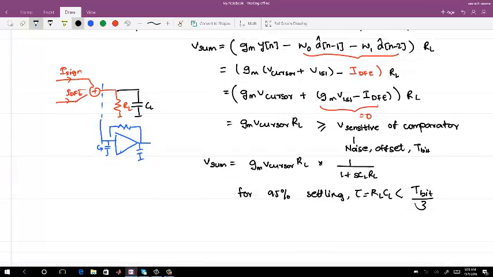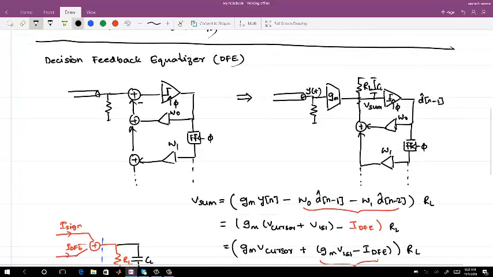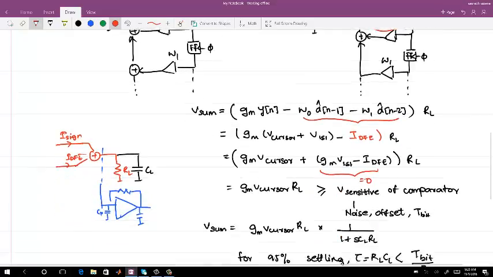So the settling, surely an RLC, is a problem in a high-speed decision feedback equalizer. Okay. Now, if we are talking of the settling, can you comment on the settling of this loop, where you clock it, it has to resolve the thing, and within the next bit period, it has to finally sum up, right? So if I look at the delay,